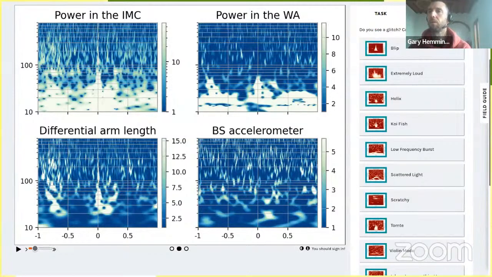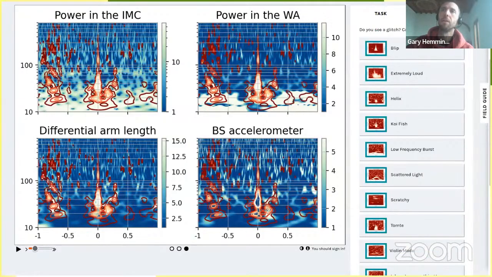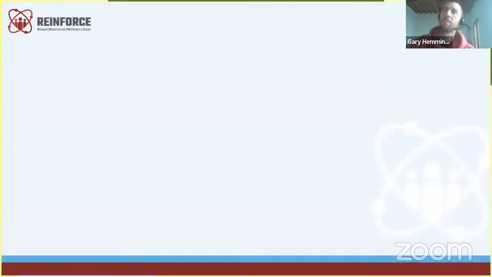Obviously, we have thousands of different channels recorded at different frequencies constantly. But being able to match the glitch in these different auxiliary channels gives us a helping hand in understanding potential sources of noise. So they're given different representations of the signals and of the data at the same time, and they're asked to try and help us classify them in that way.